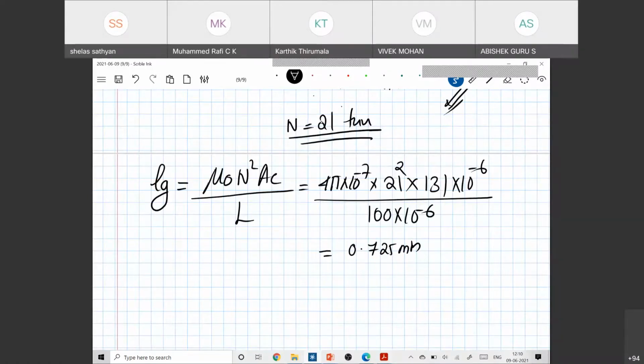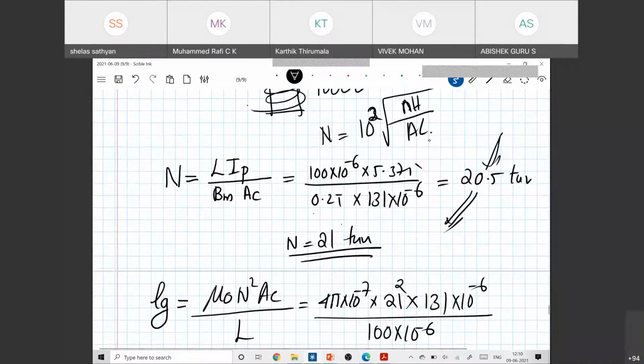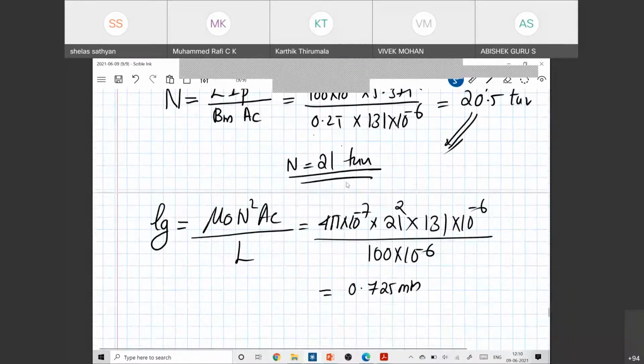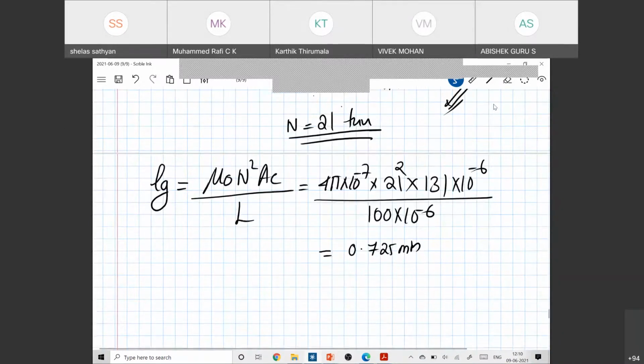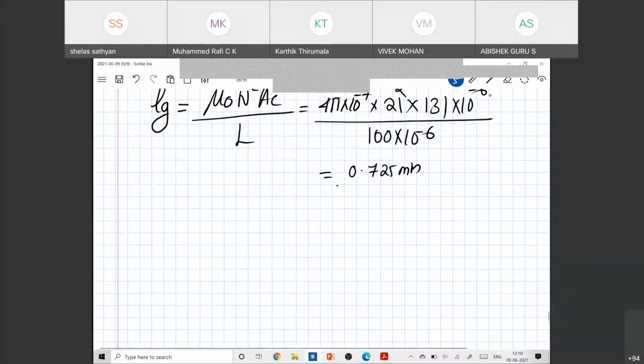So it is quite a small air gap, less than 1 mm air gap. In fact, you can give a 1 mm air gap. When you give a 1 mm air gap, it will not have much impact because the required turns is 20.5 and we have already taken 21 turns, a half turn extra. So a 0.3 mm air gap may reduce the inductance from 100 microhenry to 98 or 99. But because of the 0.5 extra turns, it may come again near 100 microhenry. So that is not a big deal. So once you know the air gap, our inductor core related things are over.